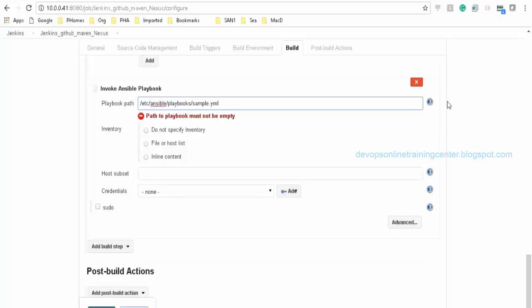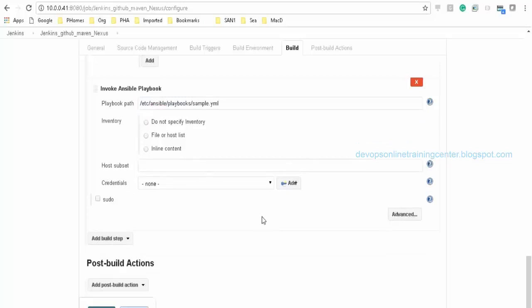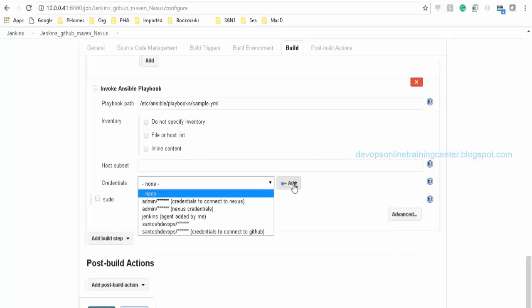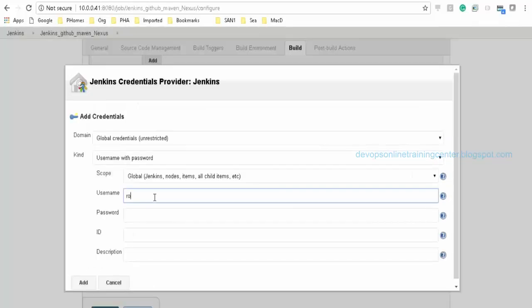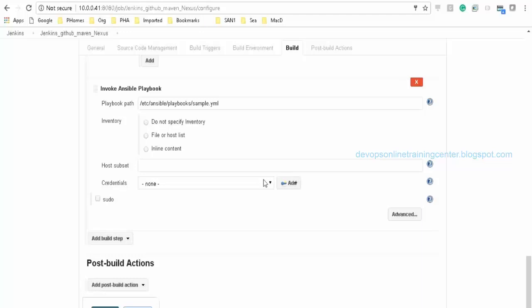And then credentials we need to add. So let us say I'll add credentials. Username is root. Password is root123. Root and root123, and save.